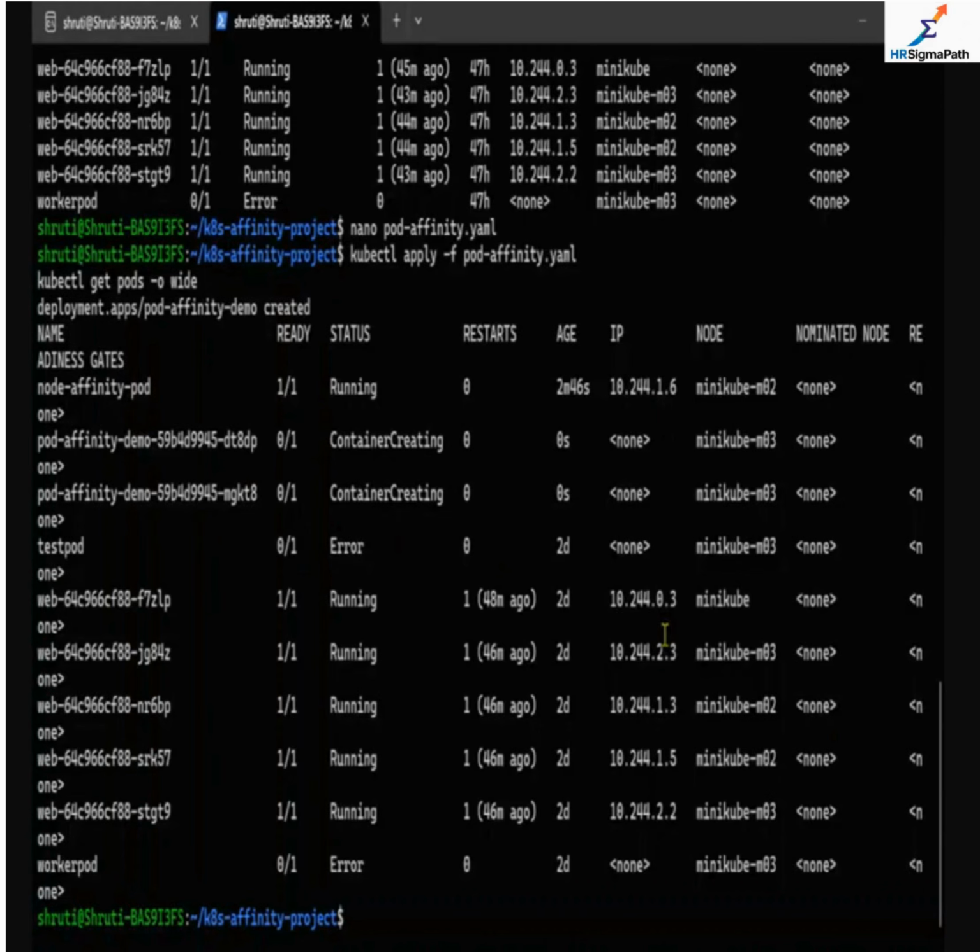Now we have to create pods that want to spread out, which is called pod anti-affinity deployment. It is useful for high availability. So if one node fails, not all pods are lost, because they have been placed on different locations. For that we have to create one file, which would be called pod-anti-affinity.yaml. So we have to create this file now.